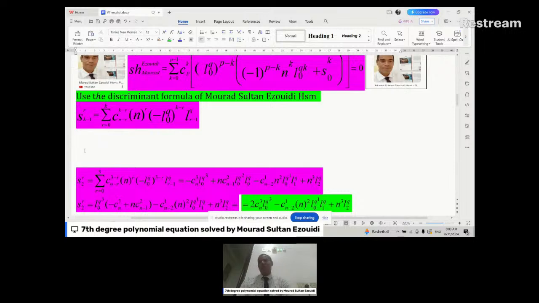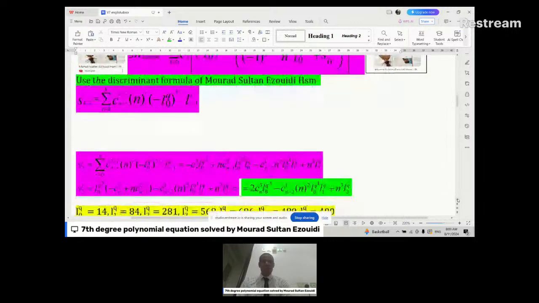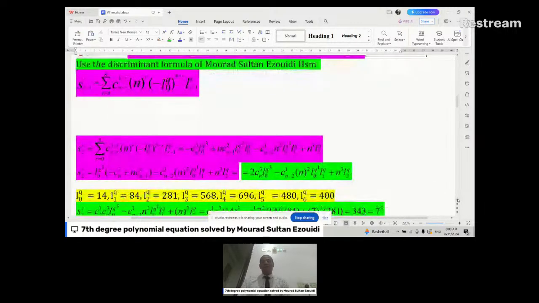a 2. From the sum, in the sum from 0 to 3, combination n minus r, no change here, n minus r choose k minus r, k is 3, so that's why here it's written 3 minus r, n raised to the power r between parentheses negative 0 of order 3 minus r times L r minus 1 of ODQ. Now, learners, I just expanded this before, and I explained this before in the